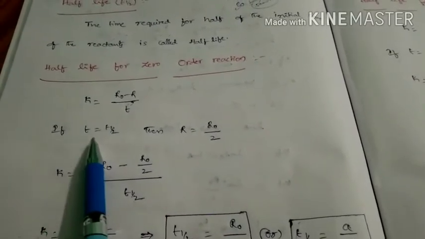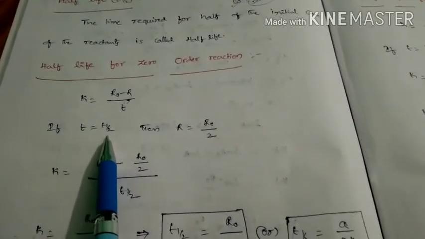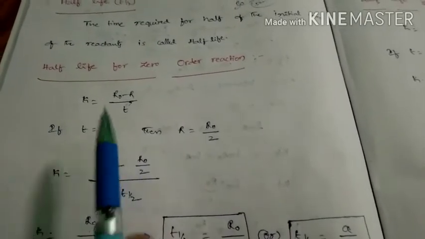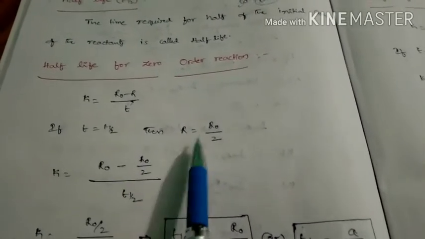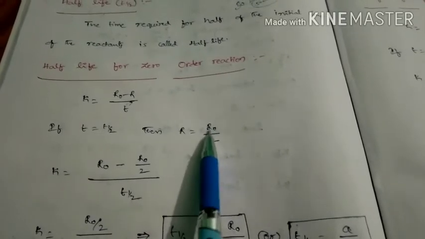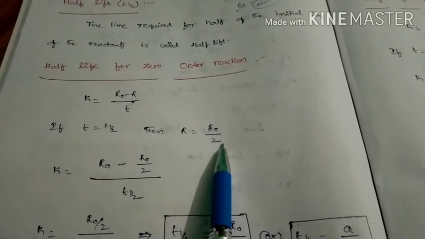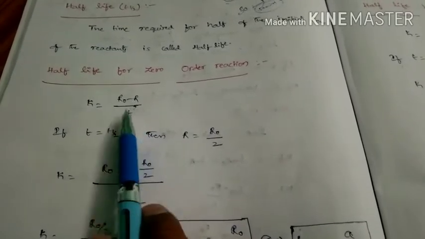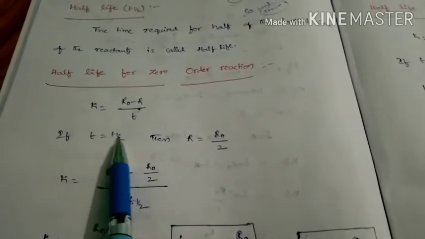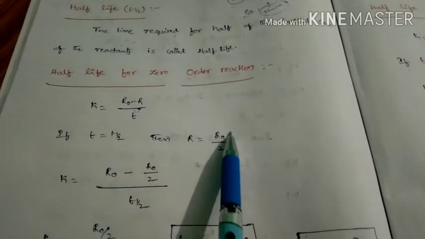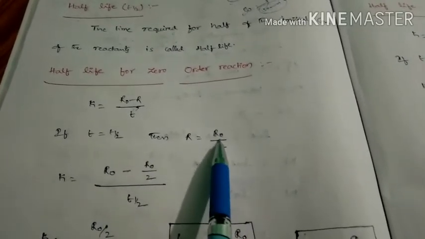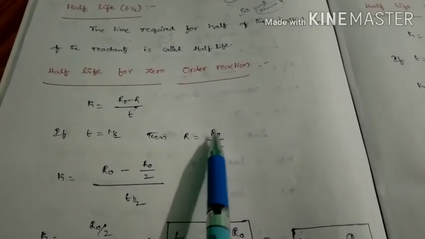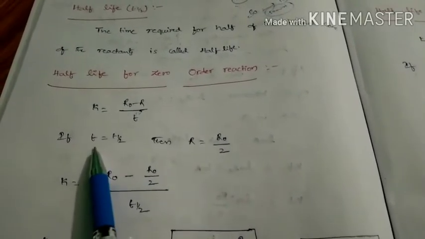If T is equal to T half, that means after 50% of the reaction is completed, then automatically R becomes R naught by 2, because R is final concentration. So when the concentration is half of the initial concentration, R is equal to R naught by 2, then automatically T is